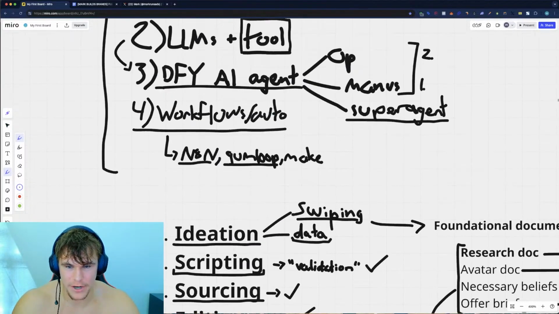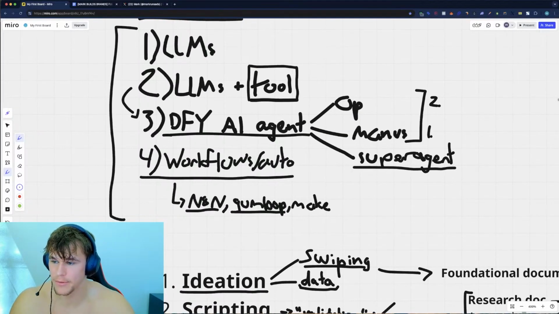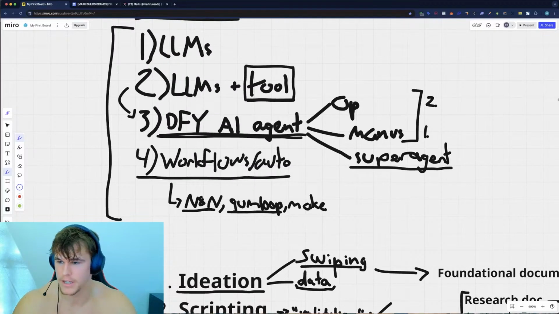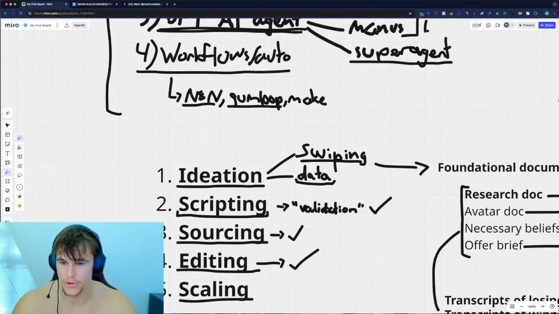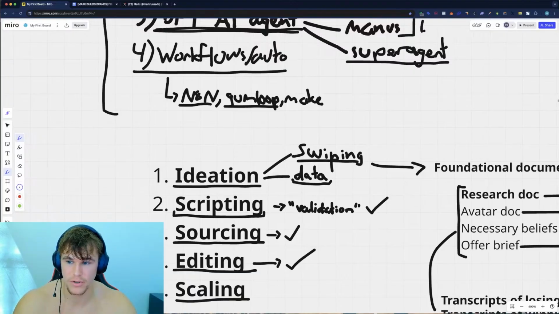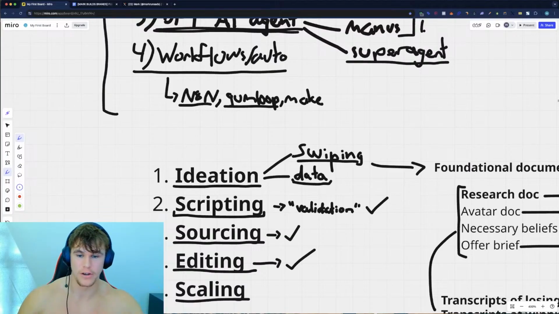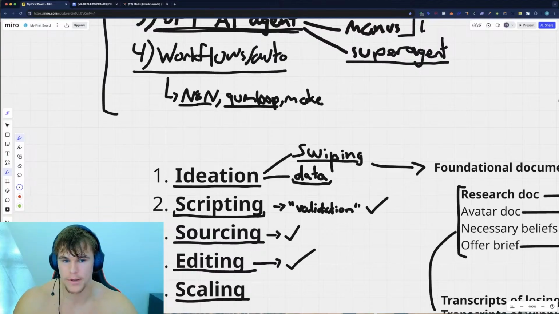I'm going to touch on this very briefly, but those were the steps, right? Now, do I actually go through and do every single one of those steps myself? No. That's why I use things like Manus AI, for example, to be the one that's validating the scripts one by one. So I don't have to do that. If I want to validate 100 hooks in a row, that's going to take me a lot of time to take one, copy it over here, paste it into here, get the score, paste it back, and do that over and over and over again. No, I'm going to have an AI agent do that for me, such as Manus AI.